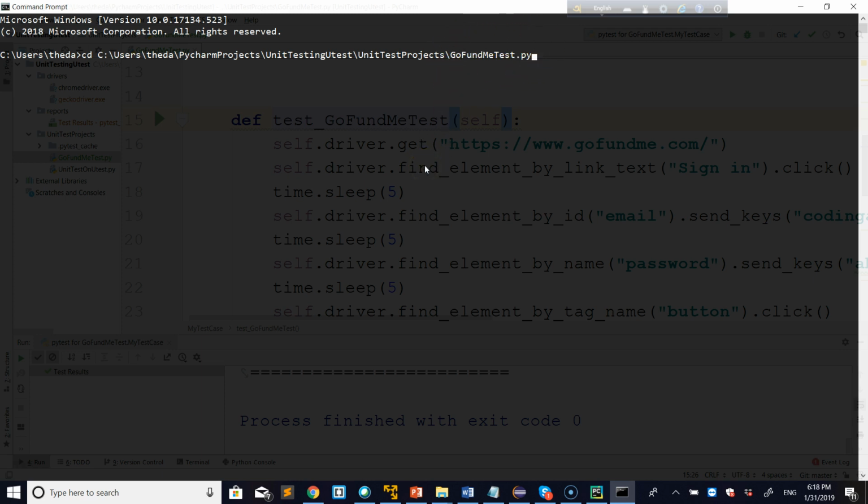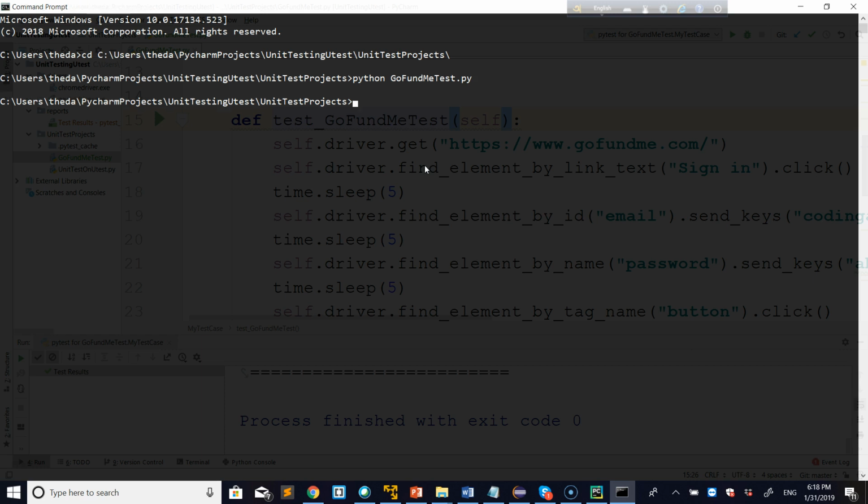So I take out the file name, then press enter, and the path is already there. Then write Python, then the file name, go find me test.py. Then press enter, and